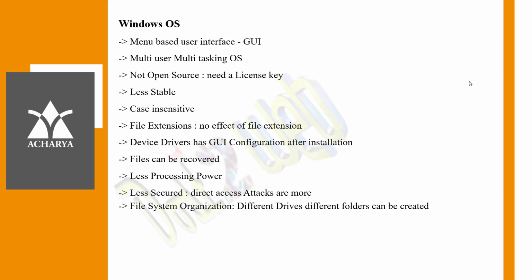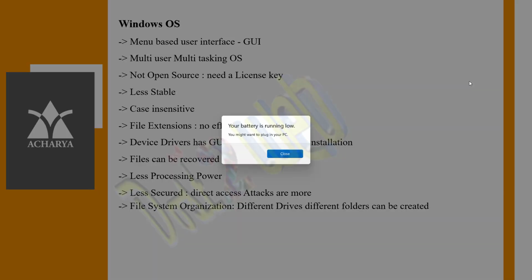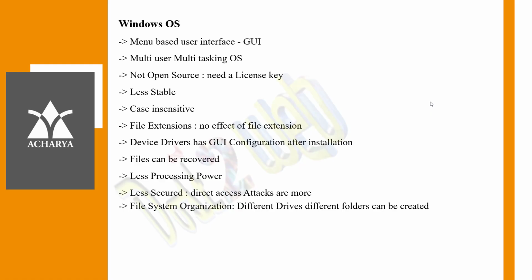So it consumes less processing power. It is also less secured compared to the Unix operating system, because you have direct access for attacks. Okay. Have you heard of the ransomware attack, not recent, it was a very long time ago? Did you hear about ransomware? No? So that was one of the attacks and it affected many Windows operating